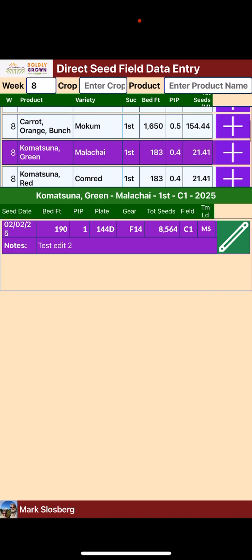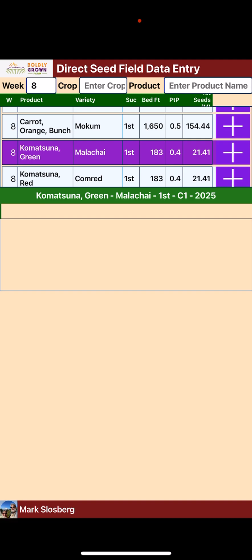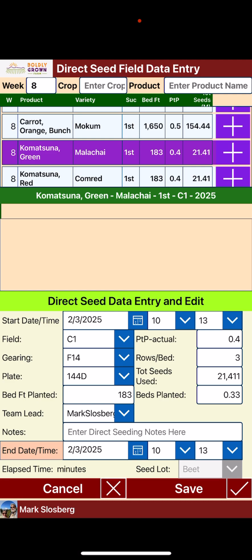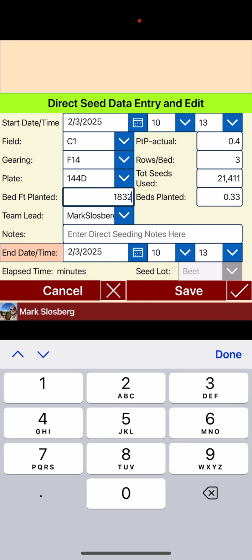And now let's go ahead, and this green Komatsuna does not have any direct seeding record. So we're going to say we're going to do that right now. So we're going to hit the plus sign on that record, and the form comes up again. Everything is defaulted from the production plan. So all you're really recording is the start date at this point and how many beds you're planting. Let's make that